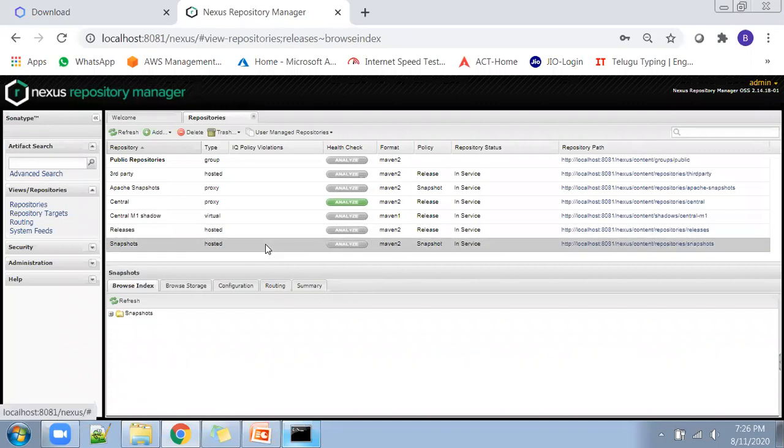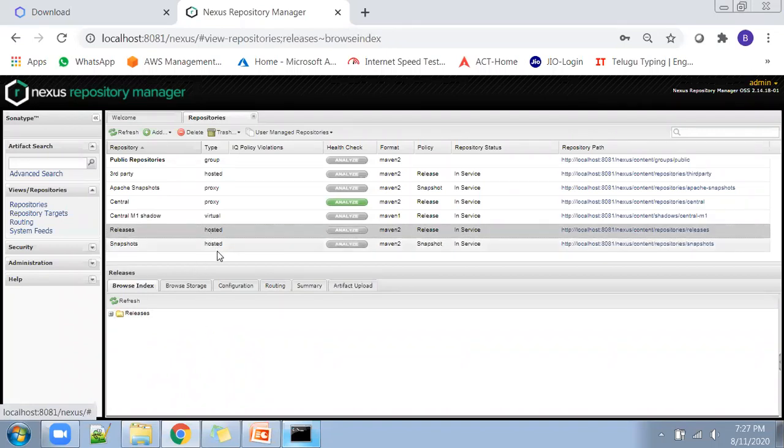And snapshot, am I repeating again? Snapshot means it is a test copy and not ready for production. So all the test copies with timestamps can be stored in this snapshot repository. Releases means that the test copy is properly tested, validated, and we can move that to production. That is why they keep it in the release type of repository. I'll pause here and see if you have any questions.